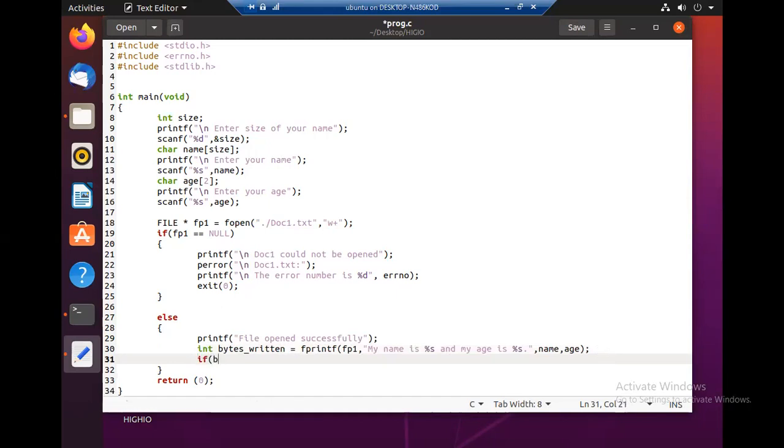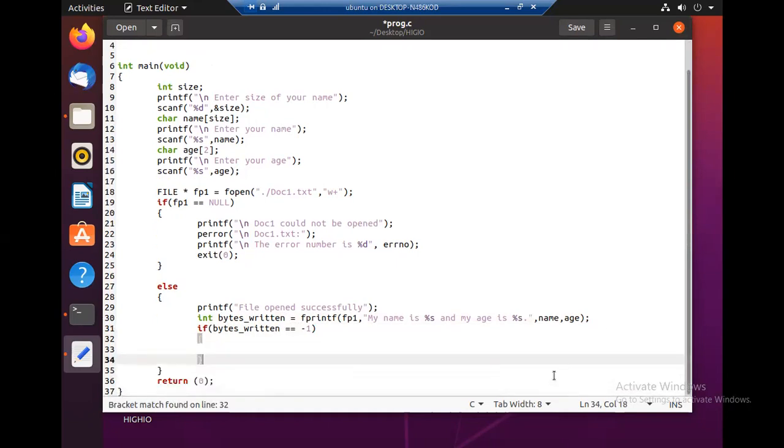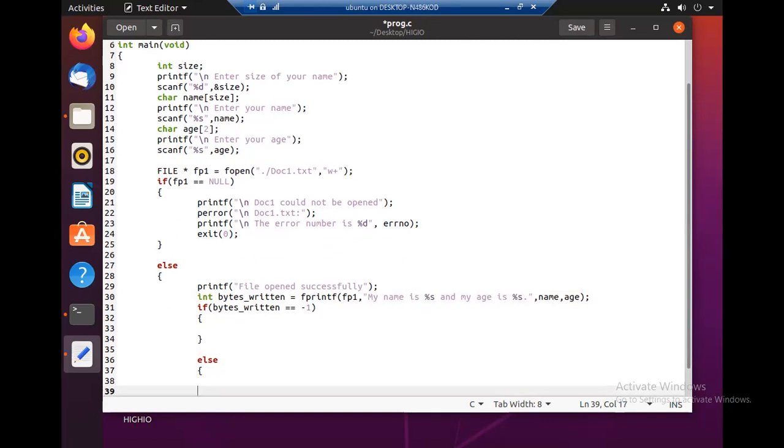Then we will check that value to see whether there was an error or not. In case an error occurred, this will be equal to -1. If bytes written is equal to -1, do this, otherwise print the success message and exit. If this is equal to -1, so there is an error.